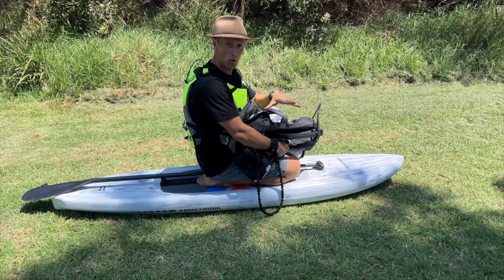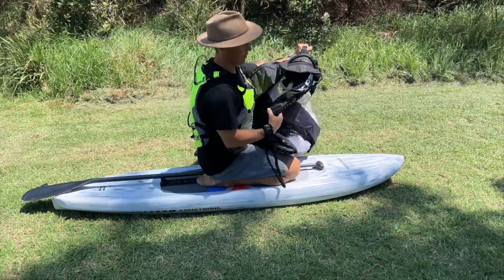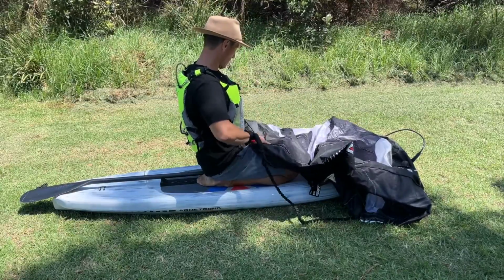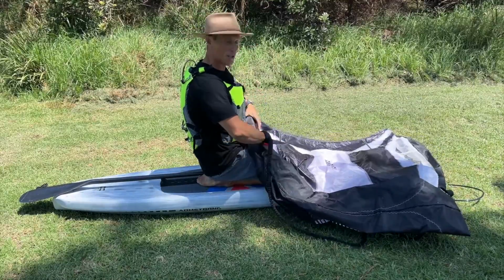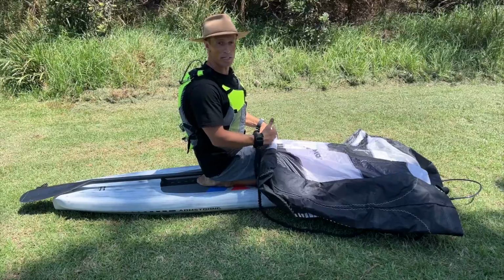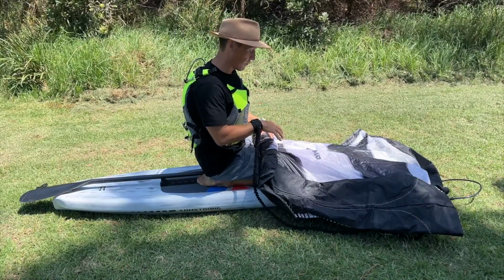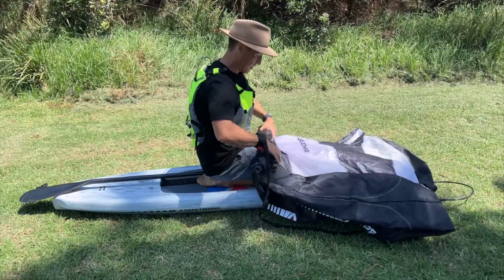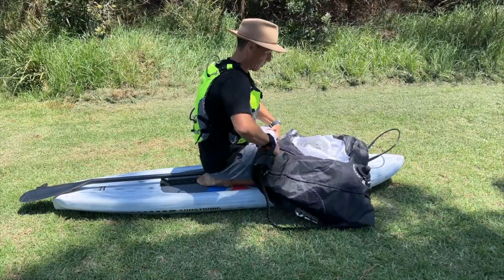So the next phase is folding the wing. What we're going to do is fold it on the outside, so handles going out. Find the two corners, or tips rather, and then start the rolling process. Now it's really important that you keep this really tight. Spend your time doing this, don't rush it, because if you rush this and make it baggy, you're going to pay for it later on when you get water in there. So just take your time, get it tight, give it a shake out, get all the water out,